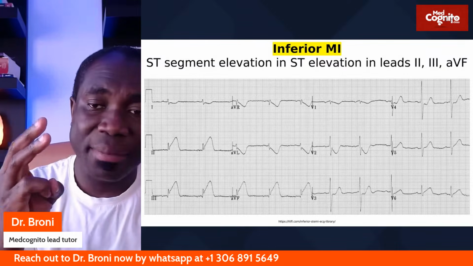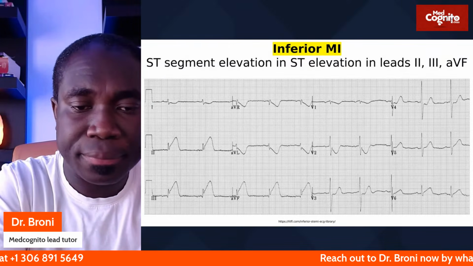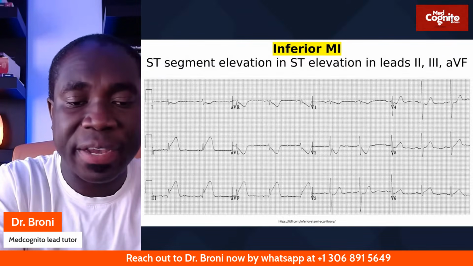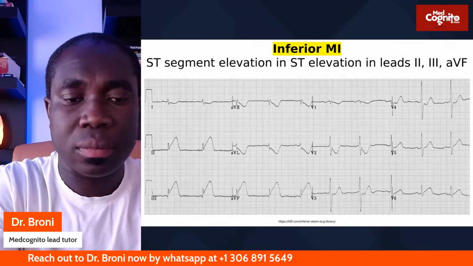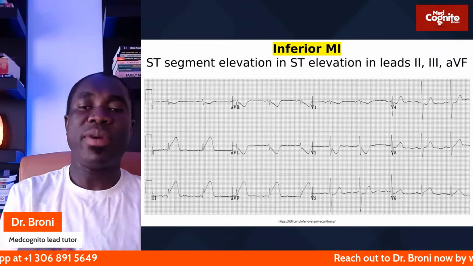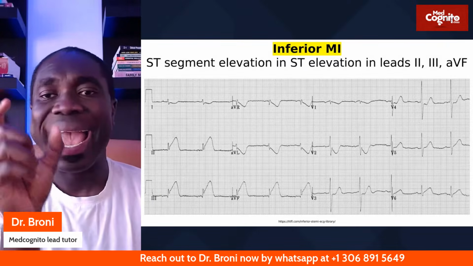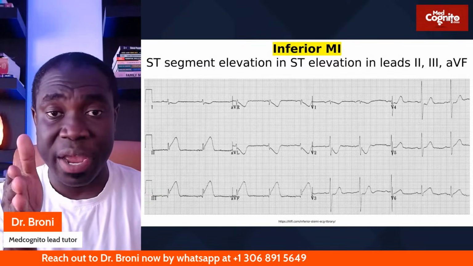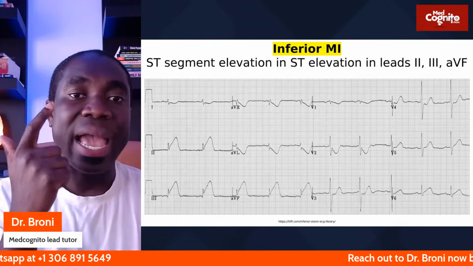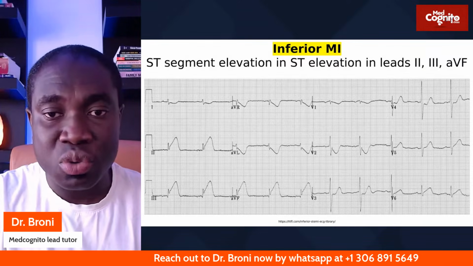And then the other assignment is to tell me the vessels. Which coronary vessels are affected? I'll be looking out for that. So tell me the leads which are affected and then the vessels. If you pick something like inferior MI, which blood vessels in the coronary circulation are affected and which leads are affected? If you pick anterior MI, do the same thing. Let's do that for all of them.